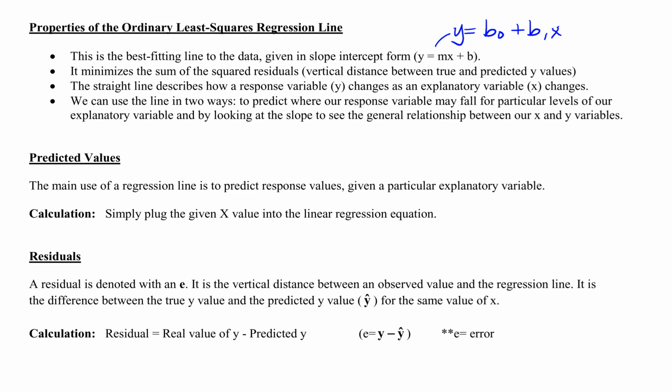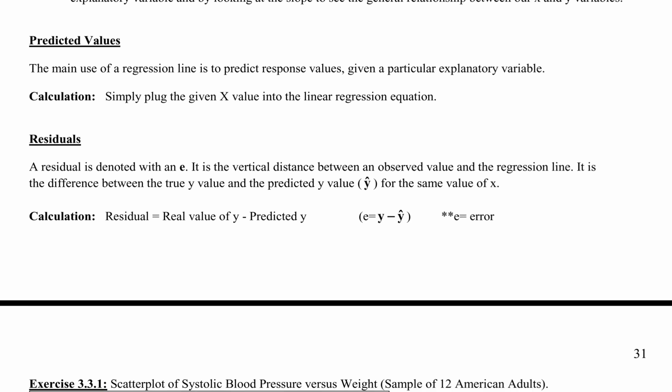This minimizes the sum of square residuals, which we're going to learn what that means in a second. But the most important thing here is what we can do with this. We can predict a response for a particular level of our explanatory, and we can look at our general relationship. And so that's exactly what we're going to see as we move forward. So if we want to predict a response, all we need to do is plug in a value for the x, figure out what the line would say our y should be, and voila,